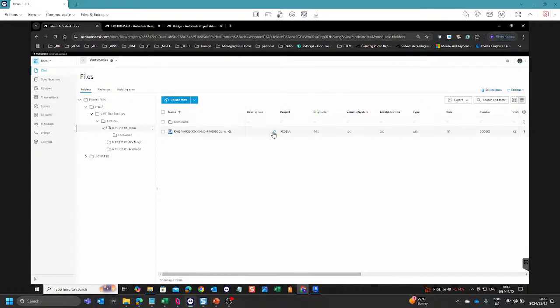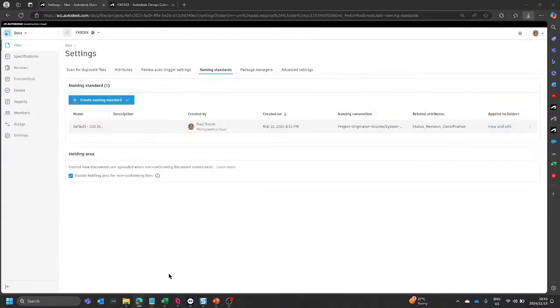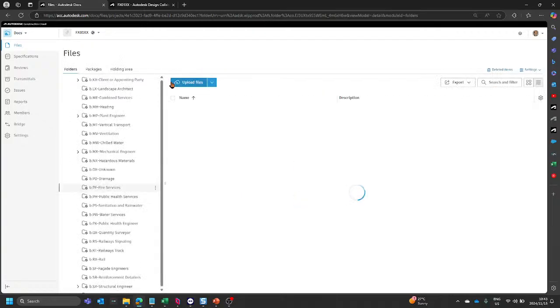On the description, we can say it's the architectural office fire services model. And then we'll see if on the next share it goes through. We'd like to rename that, just to make sure again. The zone that we want is